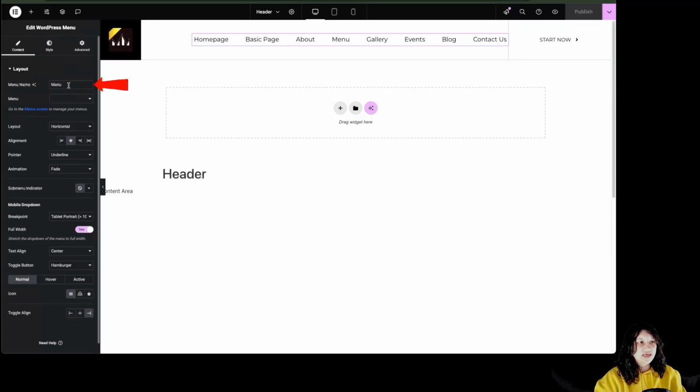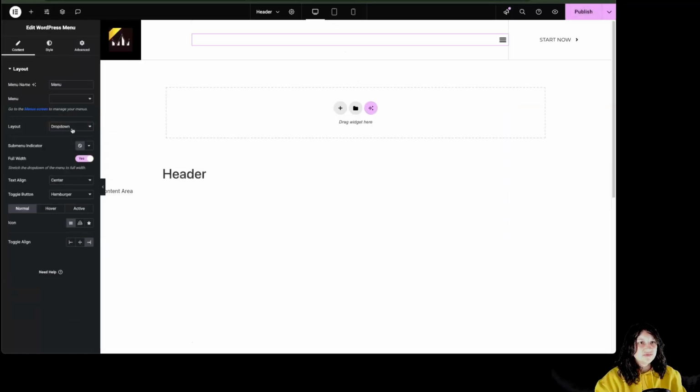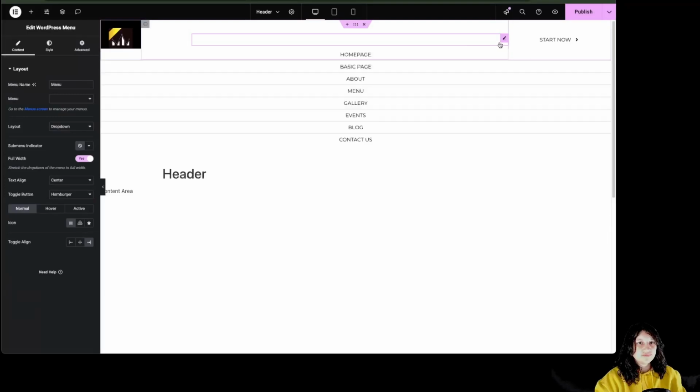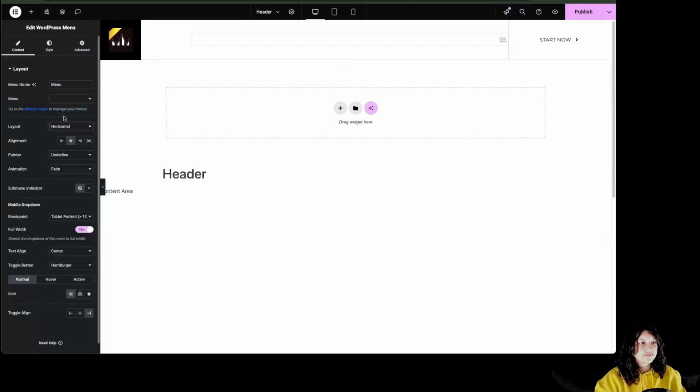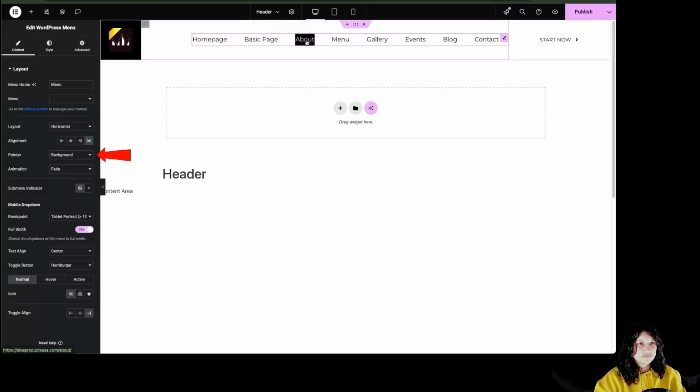We have the menu name over here. We can select what menu we want to display from over here. For this moment, we have only one menu. Then we have the layout from over here. Like so. Alignment, pointer, animation for the pointer,